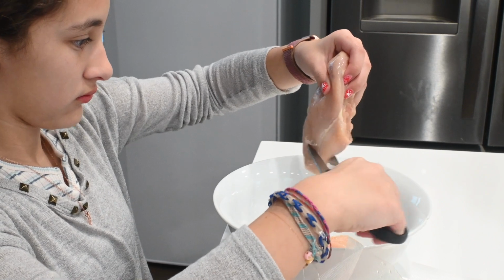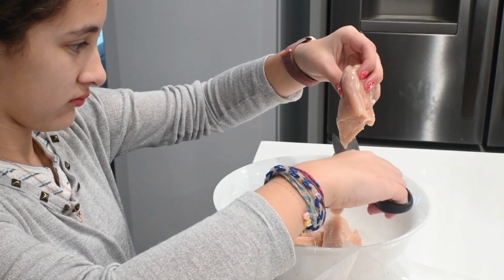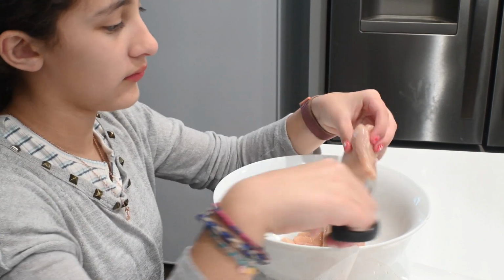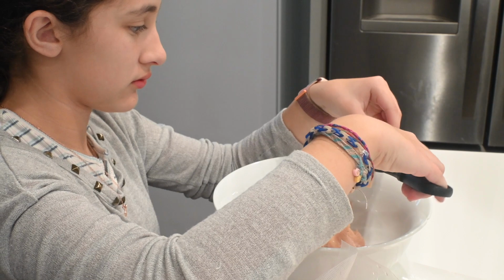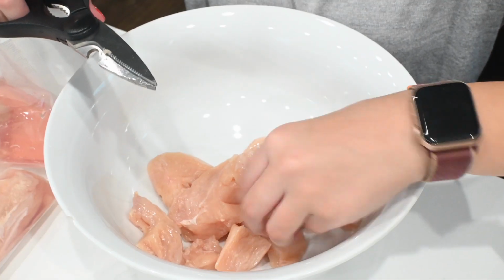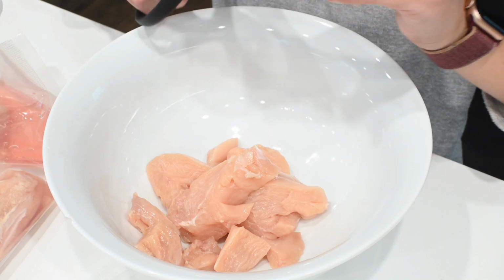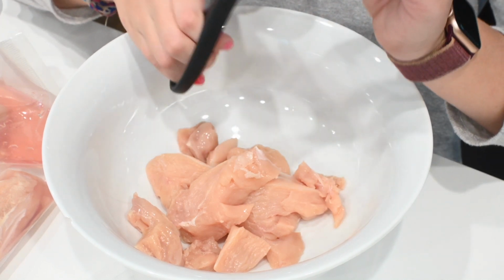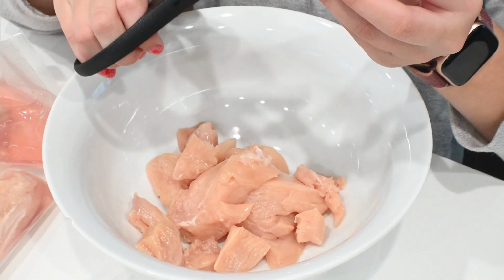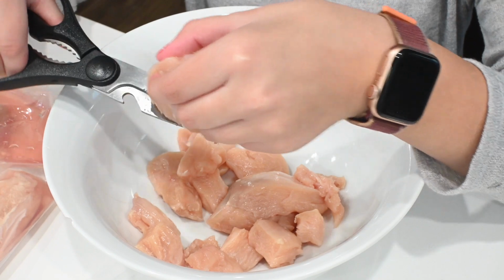So you can use chicken thighs if you like the dark meat. We like the white meat in our house. So we are just cutting this into chunks. You can see here about the smaller size that they end up getting cut into. And then to that, we are going to add some Greek seasoning. I like the Cavenders. I have tried making my own several times. I always go back to the Cavenders because